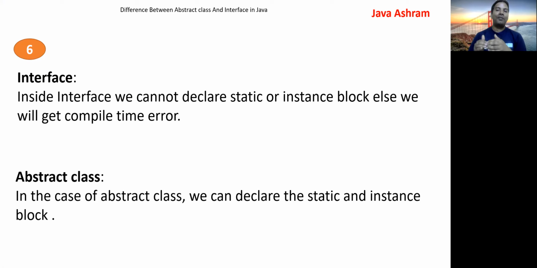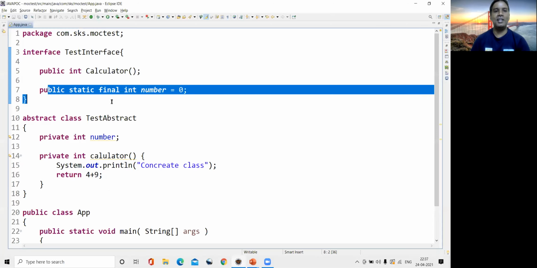Because from the child class you can extend the abstract class, and at the time of creating the child class object, this static or instance block will get executed. So inside the abstract class, you are able to declare the static block or the instance block. But in the case of an interface, this is not allowed. Okay, let's see in Eclipse.